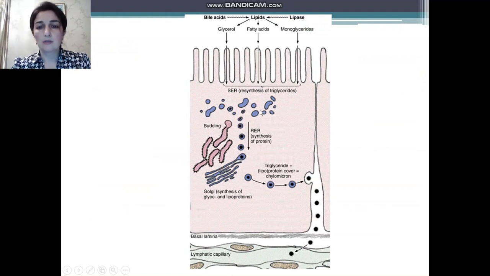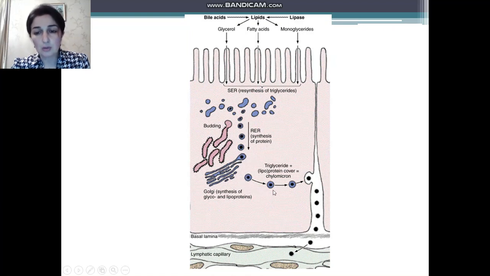they undergo re-esterification, and triglycerides are reformed. They will be triglycerides which belong to the body, so these are components of the body. Then they will be covered by the lipoprotein coat in the Golgi apparatus, and finally they will be formed